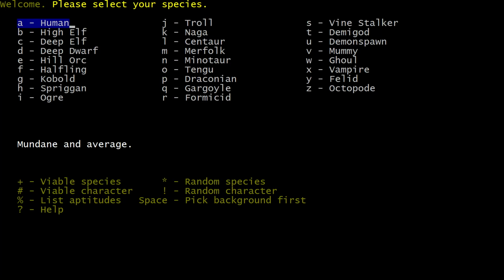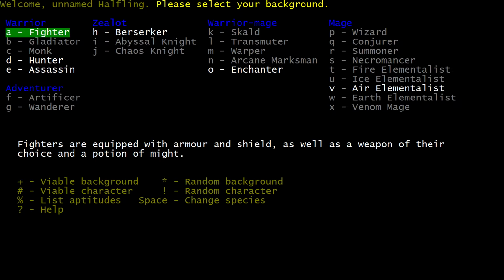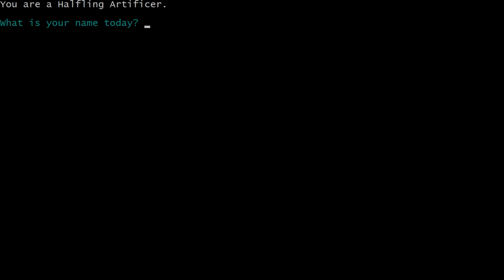And I think our character is going to be a halfling, and maybe we'll go with an artificer. Haven't actually played an artificer in a while, but I'm feeling lucky. We're going to go with a halfling artificer, and for our name, well, I definitely know what our name is. We're going to be called Harrigan. And you know why? Because